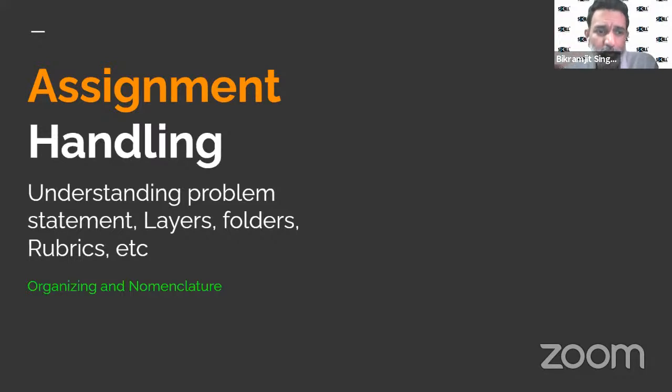So what is covered in organization? It starts from naming of the folders and the subfolders, proper nomenclature. This is the source folder, this is the reference folder, this is the utility folder, this is the typography folder, this is the output folder.